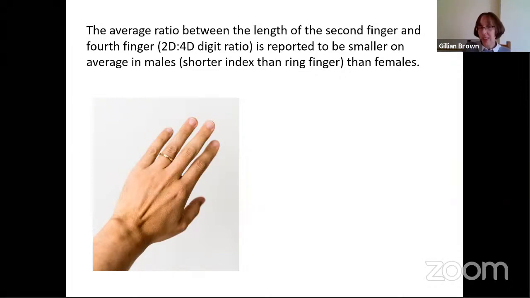So in females, it tends to be that these two fingers are quite similar in length. It tends to be slightly more likely, but these differences are very marginal, that males will have a shorter index, so second finger compared to the fourth finger. But all I want to say about this literature is that people have suggested that this digit length ratio relates